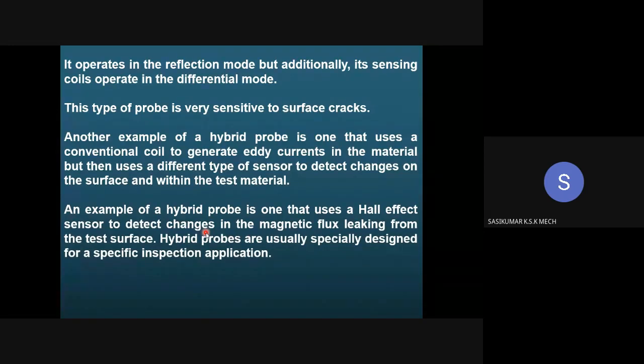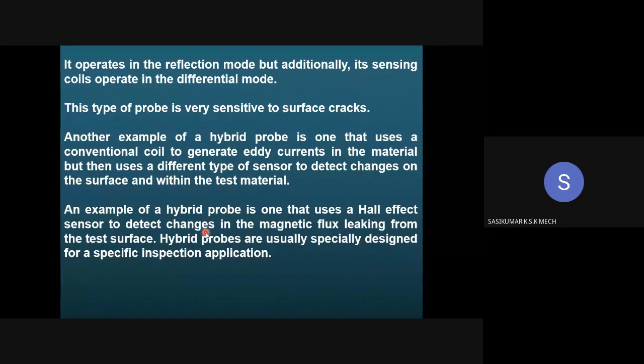You have another category of hybrid probe as well, one that uses a Hall effect sensor to detect changes in the magnetic flux leakage from the test surface. But hybrid probes are usually specially designed for some specific inspection application. So based on the application only, these hybrid coils are designed and manufactured.